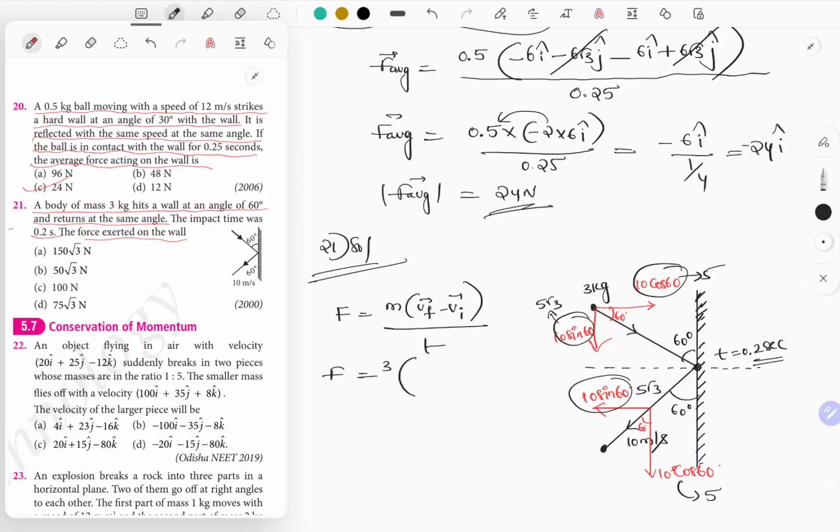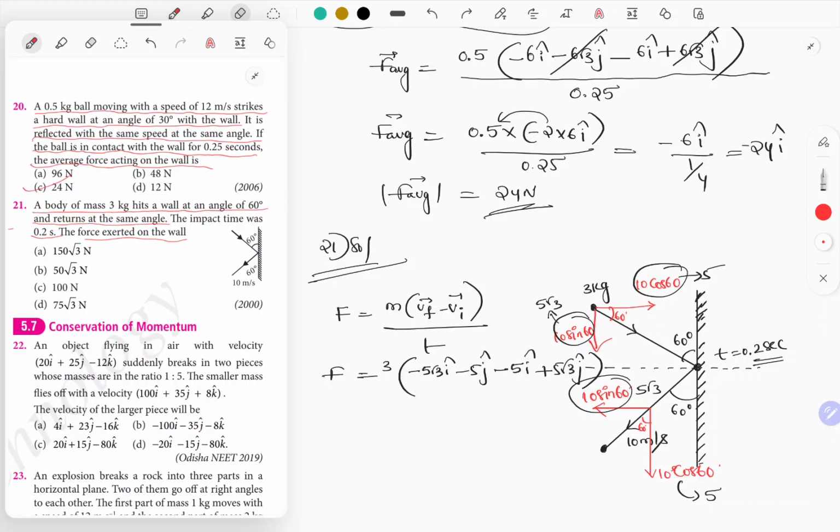Let me substitute those values directly. So which is minus 5 root 3 i cap, next, minus 5 j cap, minus 5 i cap plus minus of minus, it is going to be 5 root 3 j cap. So 5 root 3 will get cancelled out. Okay, it is not getting cancelled out here, it means there is a small mistake in the representation of an